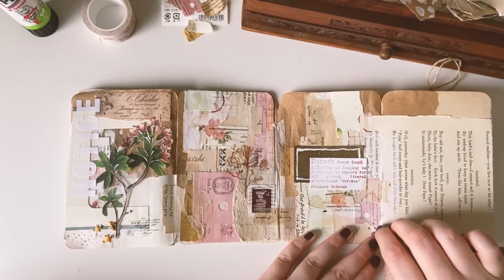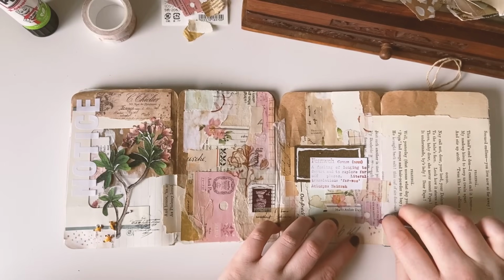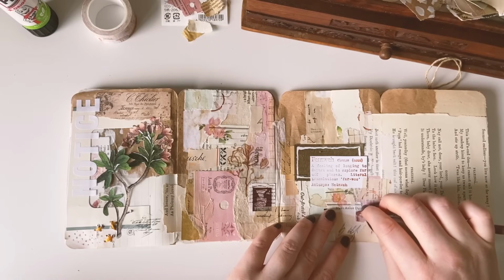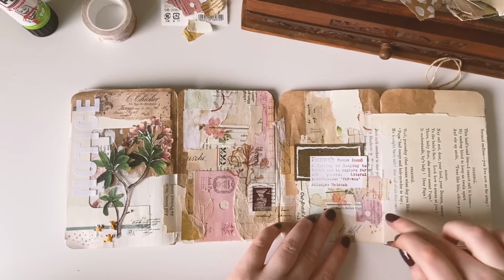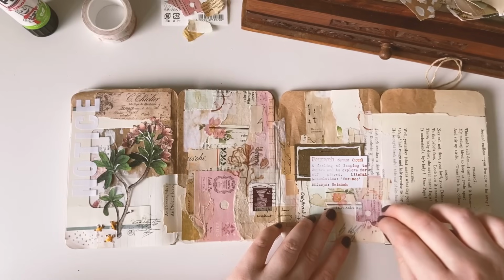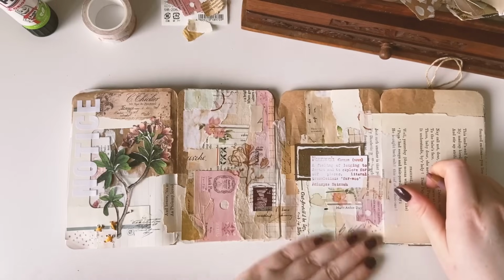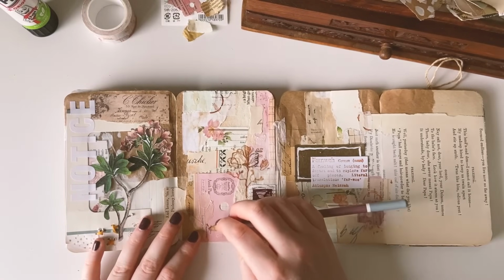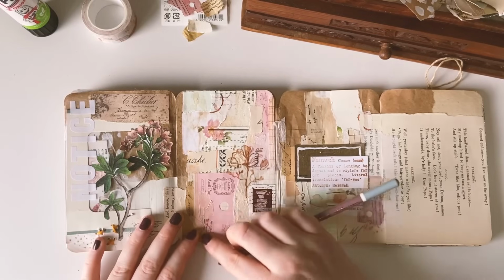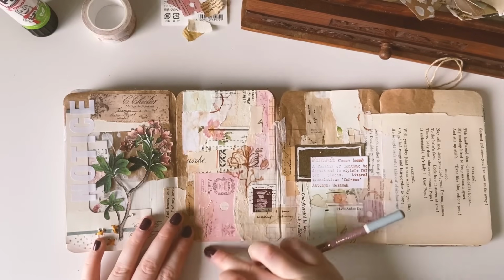So I was adding my little marks, and then I was sort of smudging them out already so that they didn't then smudge unintentionally. And it did add some nice effects to some of the pieces, especially the collage papers that were more on the pink side. It added a little bit of depth to those, and so that was nice in a few different areas to add, just as something different, because I don't tend to add this sort of medium to my journal pages. So it was just fun to experiment with that for a little bit and see how it might work out